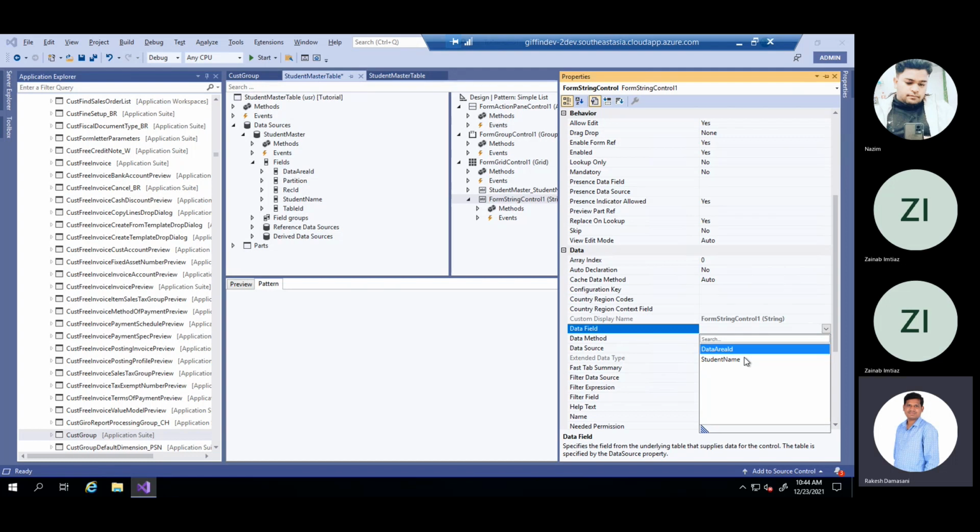As we have only one field, student name, we will select this one.